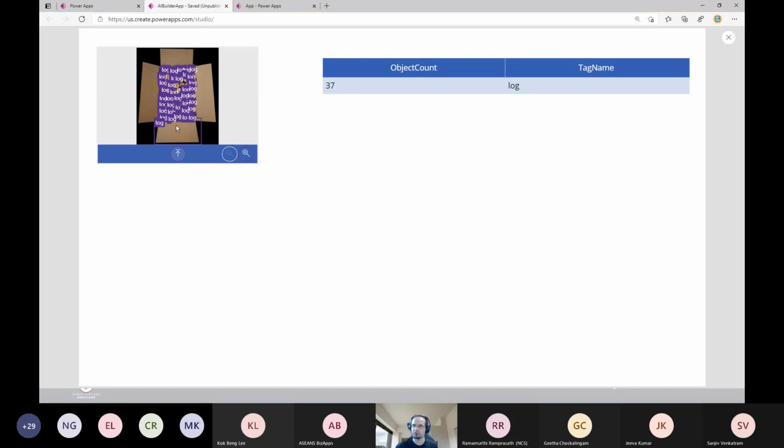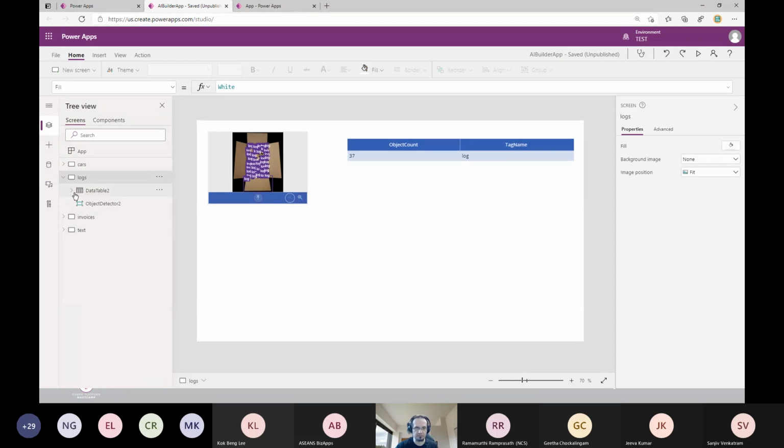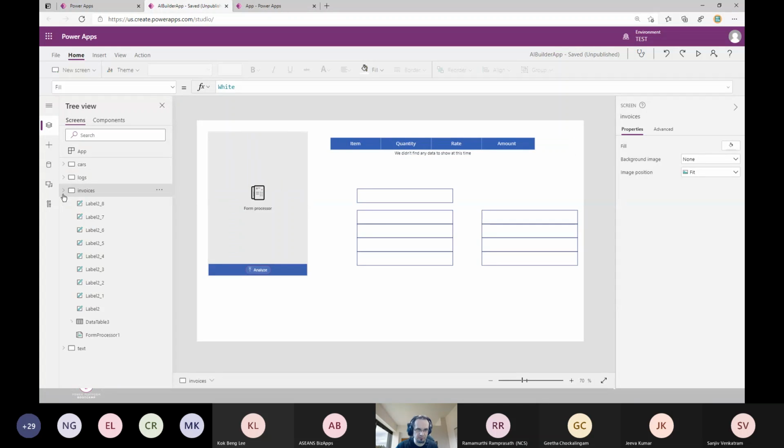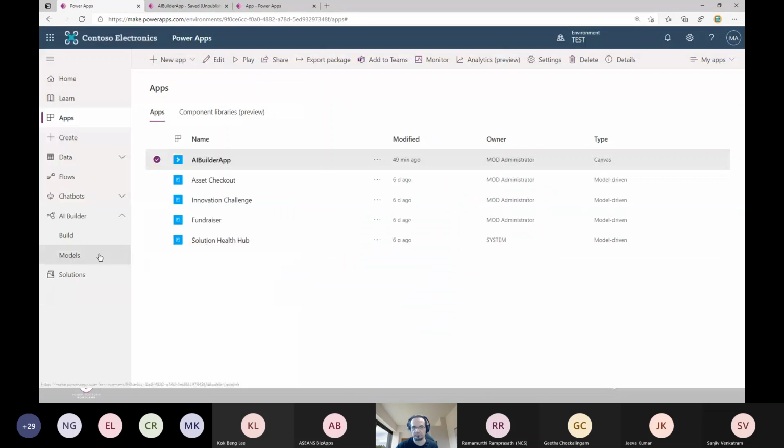So this is an example with the use case. So you can create an object detector and count objects, count bottles, objects in shops, in groceries, etc. The second, I think it's even more important because you can use form processor model to train, to upload invoices and recognize data from your invoices. It works the same if you want to train